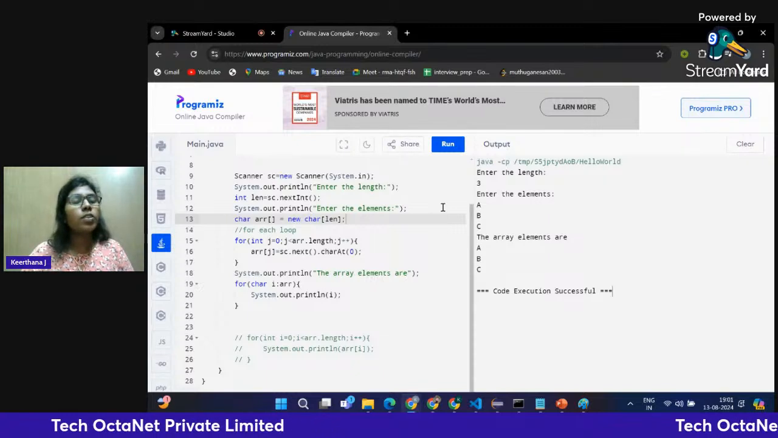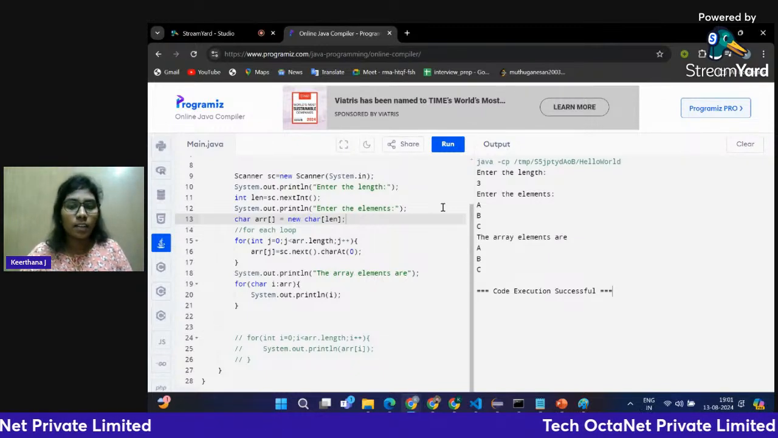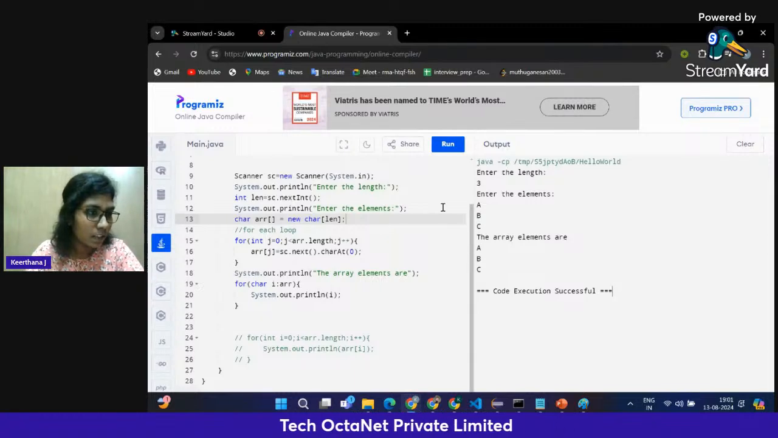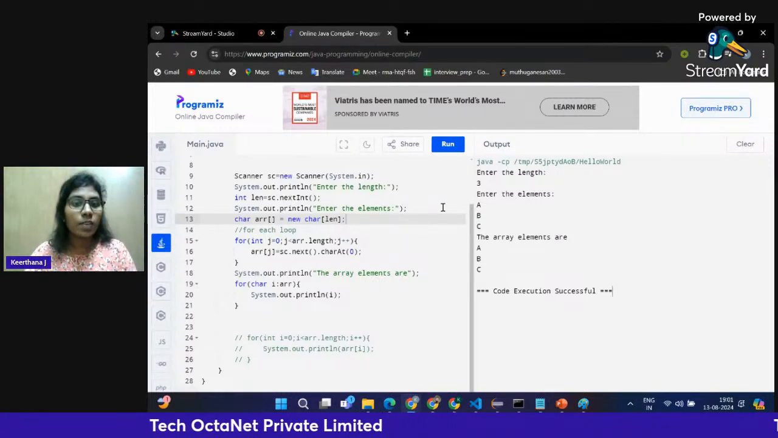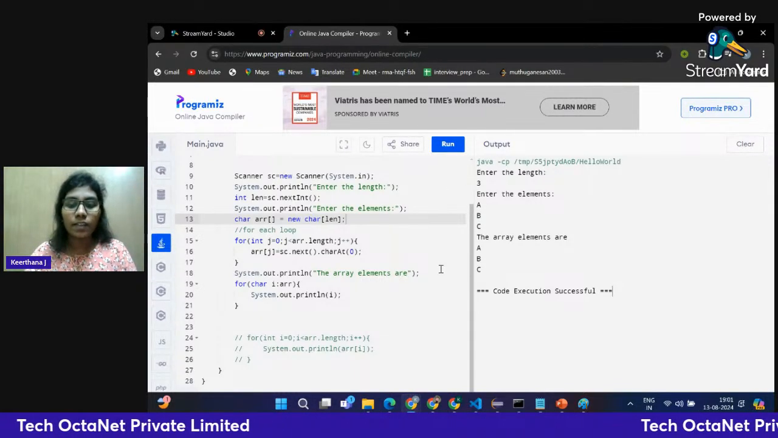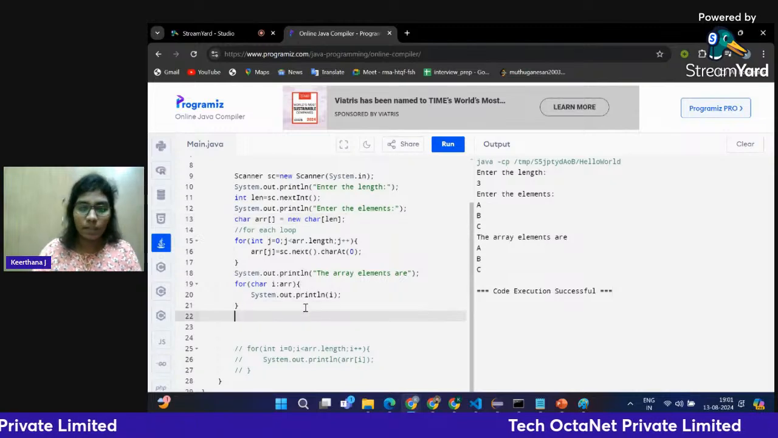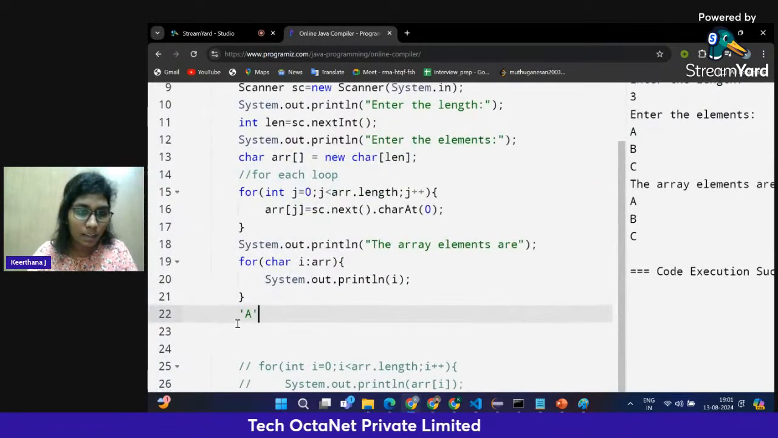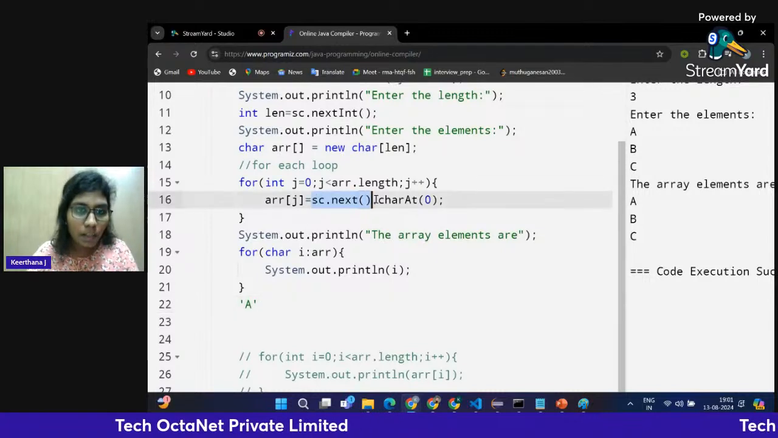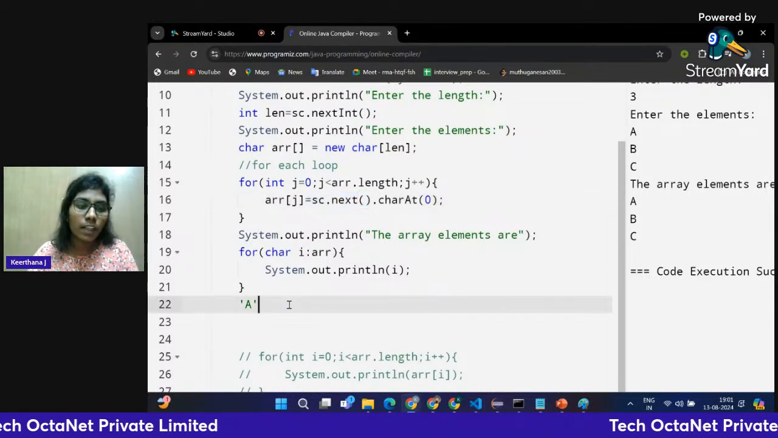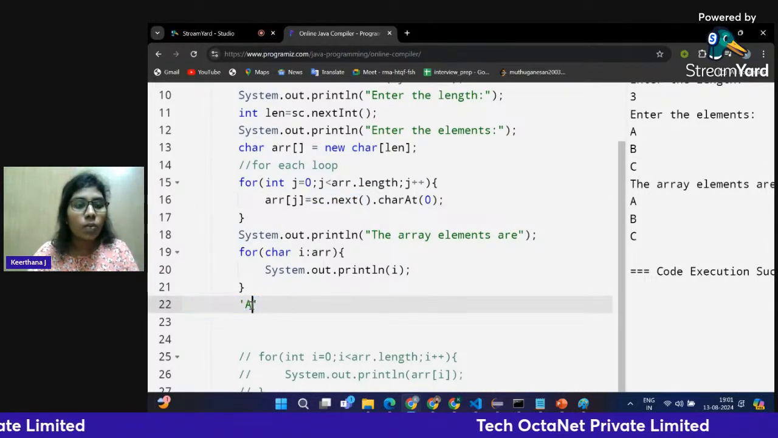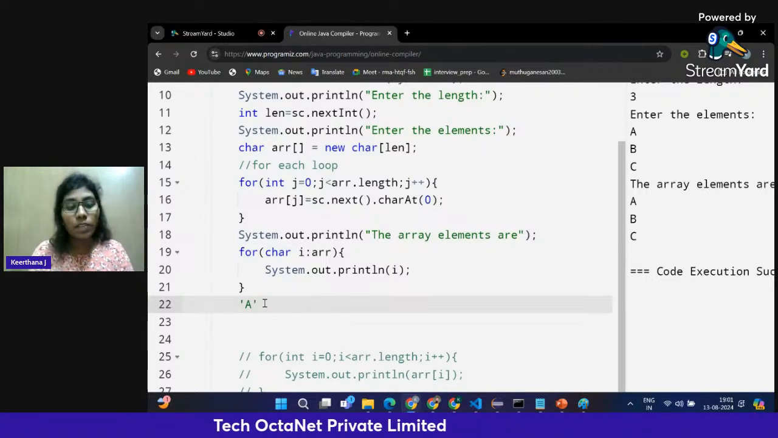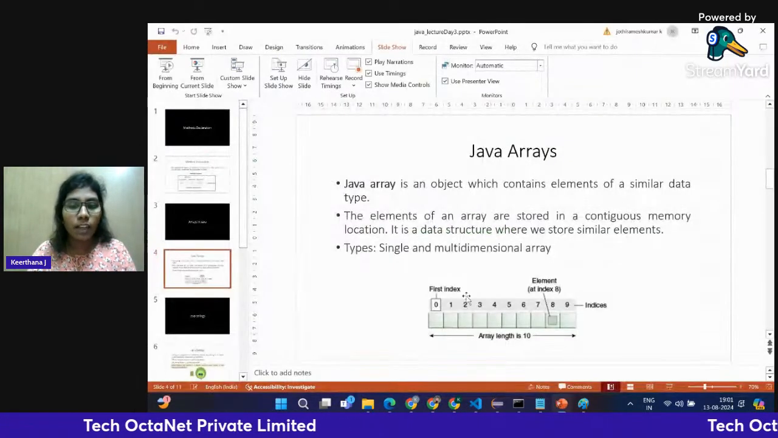Okay. Now, did you notice what was the error there? The error was I gave something like this, right? I used something like this. So sc dot next will take it as a string. So it is being treated as a string. And here what I'm doing, even strings are accessible only by using indexing. So here what happened was